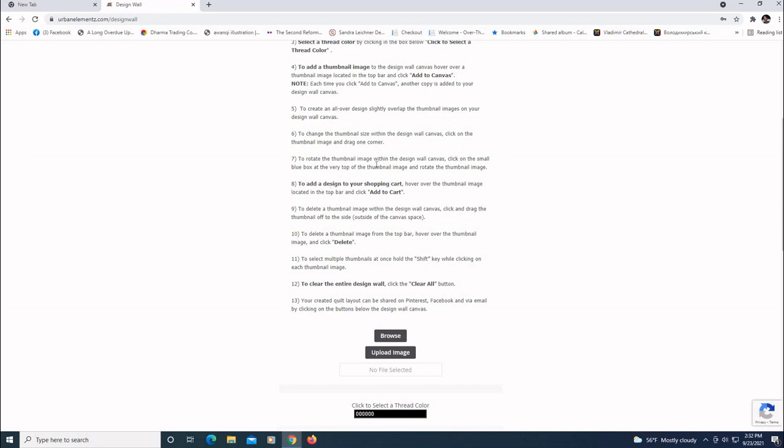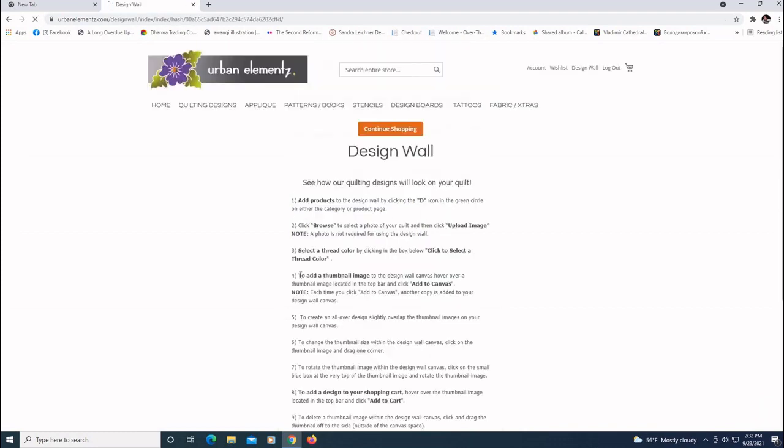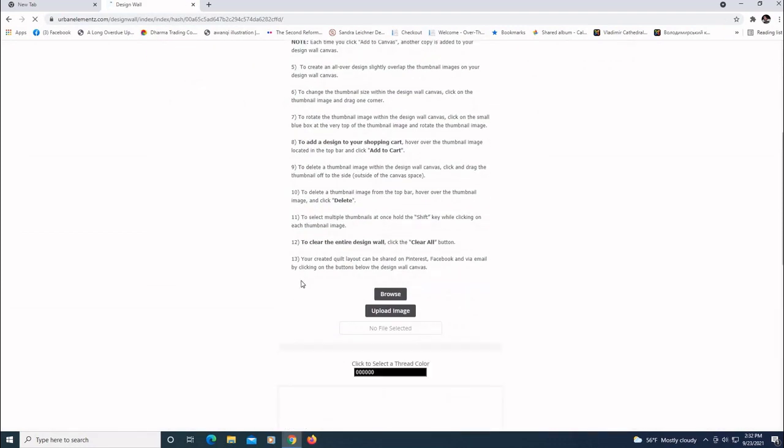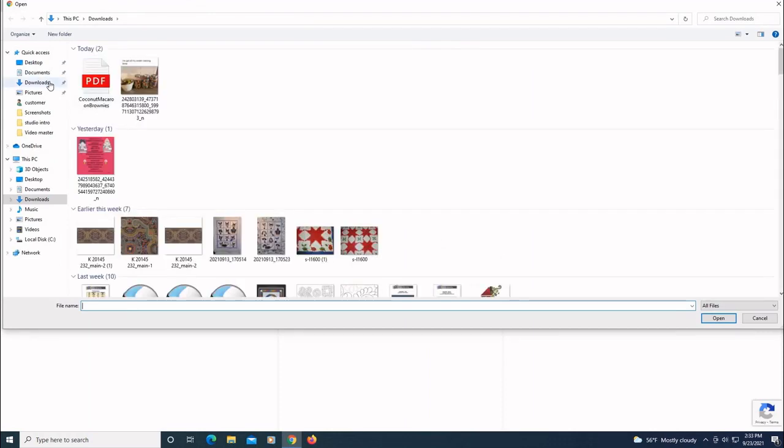There's further instructions here on how to delete an image and how to clear the design wall and how to share it to social media if you want to get input from some of your friends and coworkers on what you're doing or what choices you'd like to make. So if I hit upload image first, we're going to get an error message because we haven't selected anything yet. So first we're going to hit browse, and I have in my download file a photo of the Dog Park